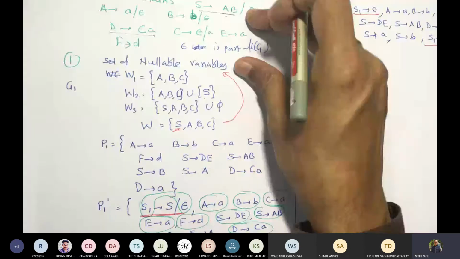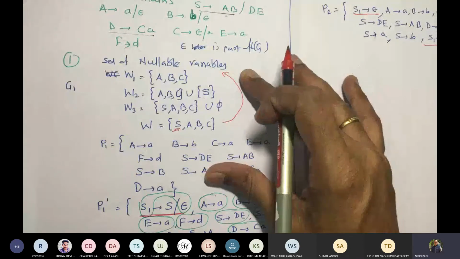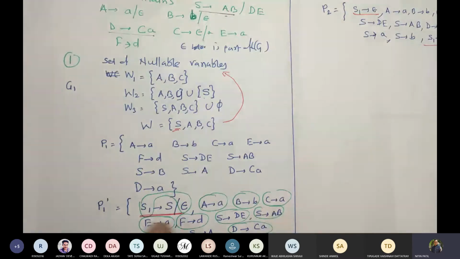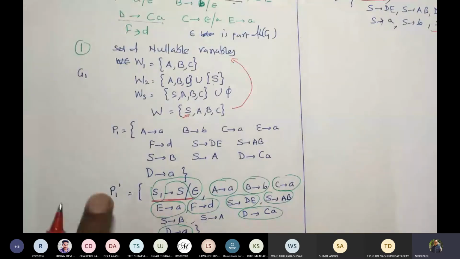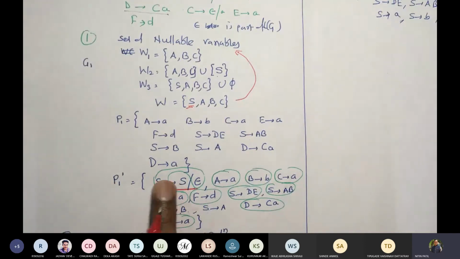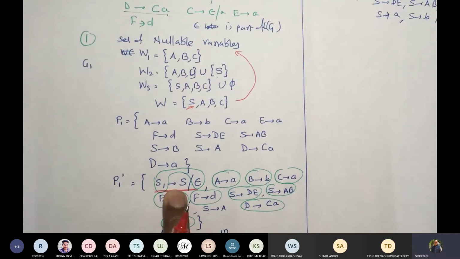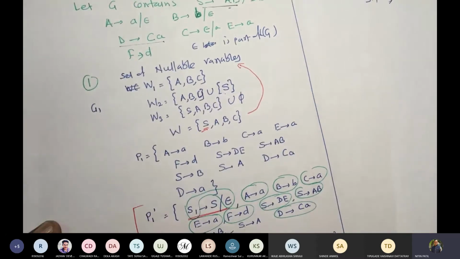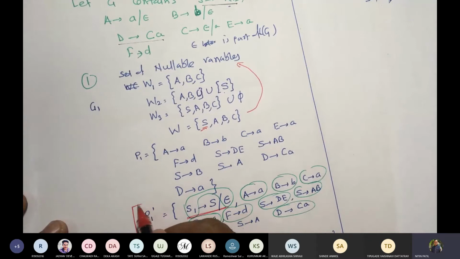So if S is not occurring on the right side of either of the productions, then to preserve the language, this is one algorithm we talked about: if S is occurring on the right side, you add S1 gives S and S1 gives epsilon. And if S is not occurring on the right side and S is nullable, then you are not going to add S1. You will keep S gives epsilon as part of the language directly. So now I'm making a small modification for your reference. This is to be done. So I'm saying this would not work in this case.